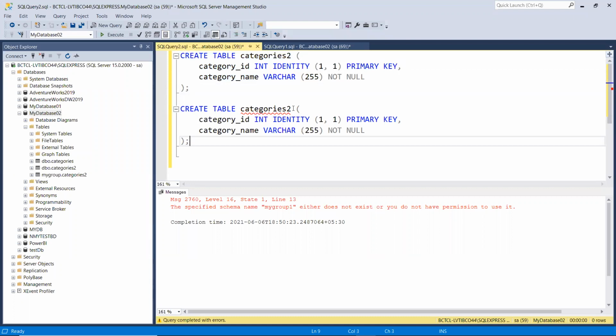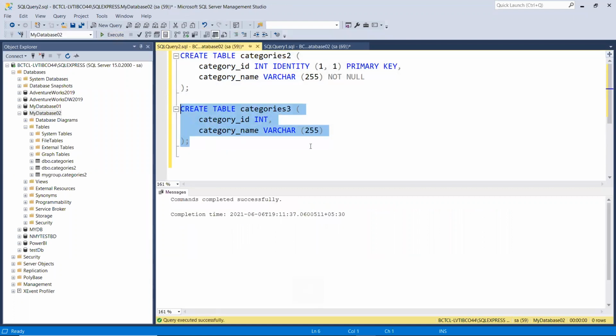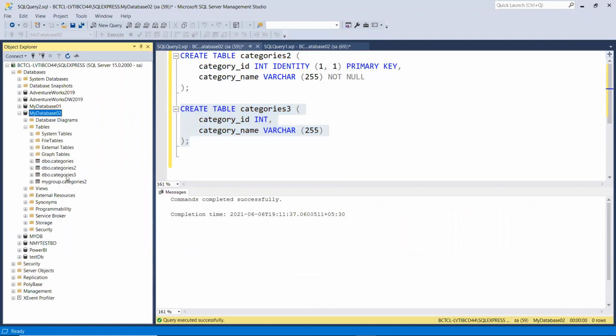If I create a third table and remove all this other part, then also it will execute and create a table for me. Let's go here and refresh the table. If you see, I have my table created.